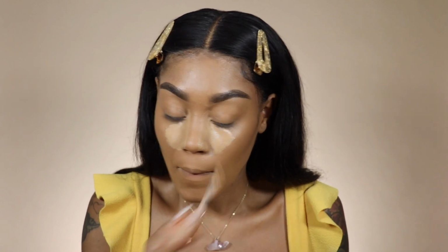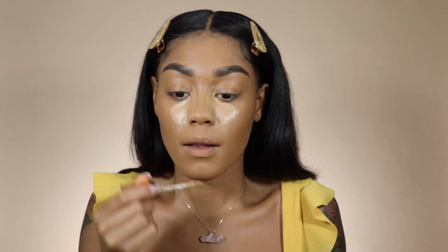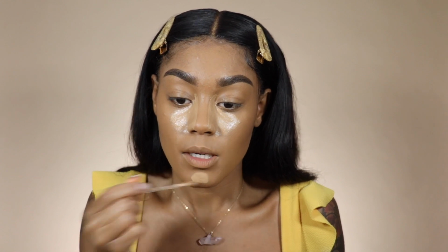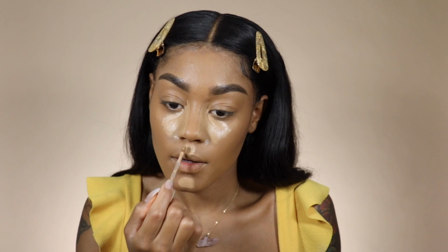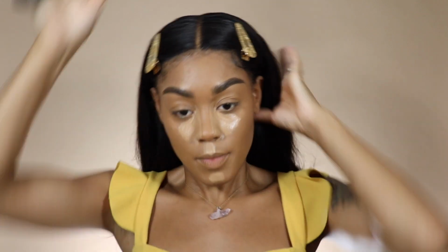I definitely want to see how this concealer layers under the eye, so we're definitely going to be layering it. But in the meantime, I'm just applying it to the areas of my face that I basically want to highlight. You guys already know the drill. I'm going to let this concealer sit for a little bit. I need to brush my hair out. I'm going to let my concealer sit